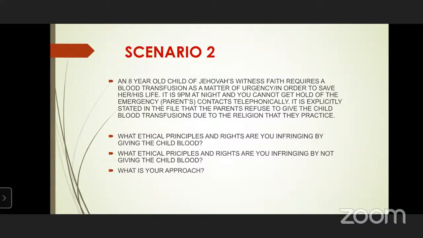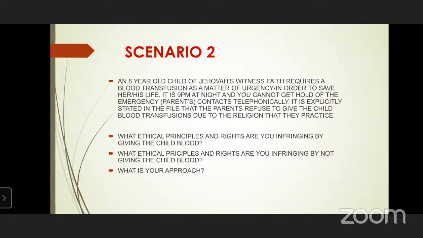As a junior doctor, what we would do as our approach is to obviously escalate this as far as possible. If you really have tried and you can't get hold of the parents, you would escalate this to your senior and then to your consultant and then even to the directors of the hospital who are on duty. Once all of this is done, and hopefully they've approved it either telephonically or in writing, then you can go ahead and give the transfusion. The next day, you'd have to explain to the parents why you made this decision.